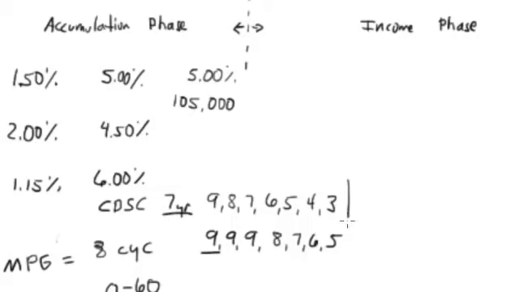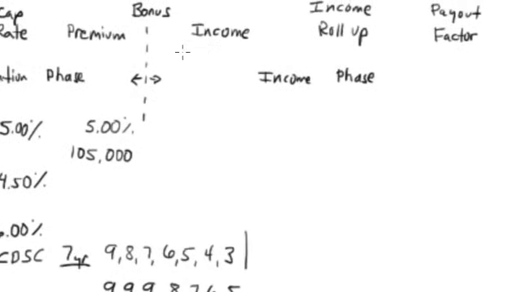They want to make sure you're going to be there the whole time, so they have the ability to recoup that back. Okay? Let's move over to the income phase. The same thing happens on the bonus on the income side. So we talked about the bonus on premium. You can also get a bonus on income, meaning they could give you 5%